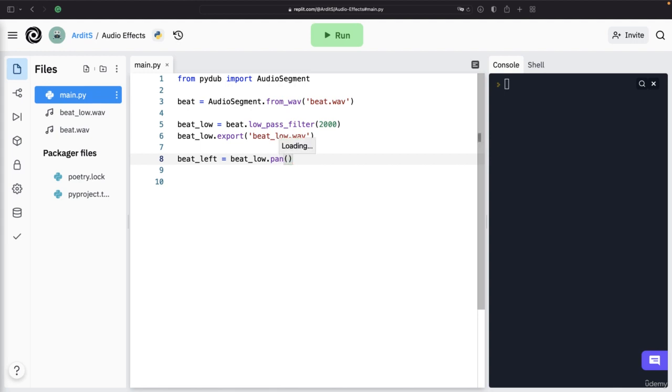If you want to have the left speaker only, 100% and 0% from the right speaker, you want to apply -1. If you want the right speaker, you want to apply 1. If you apply 0, that will not change anything. If you apply, for example, -0.5, that means you will have more on the left and less to the right. So the closer to -1, the more you have on the left speaker. So let's save this to beat_left.export